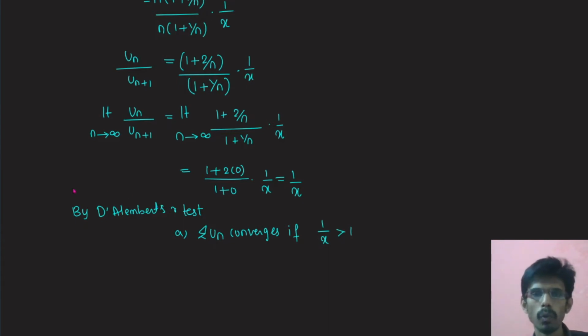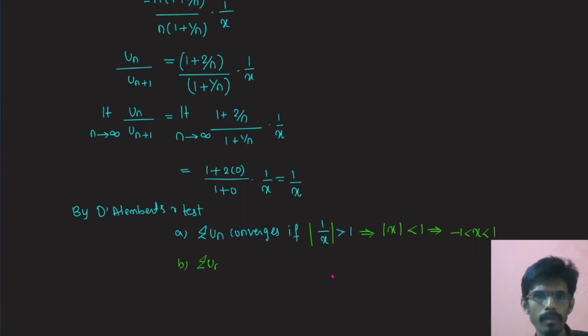So we take mod here, mod of this value to get the region of interval. So mod 1 by x greater than 1, that implies if I take the reciprocal, this will become mod x less than 1, right? Mod x less than 1, that is minus 1 less than x less than 1 is the region of interval or region of convergence, and